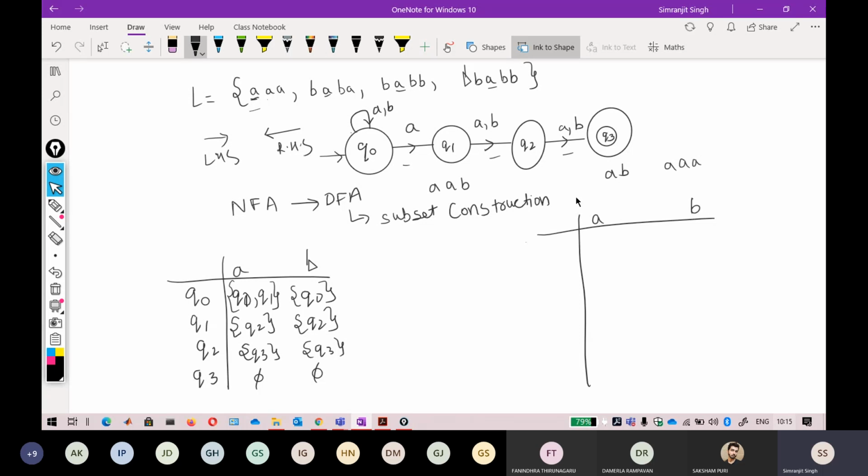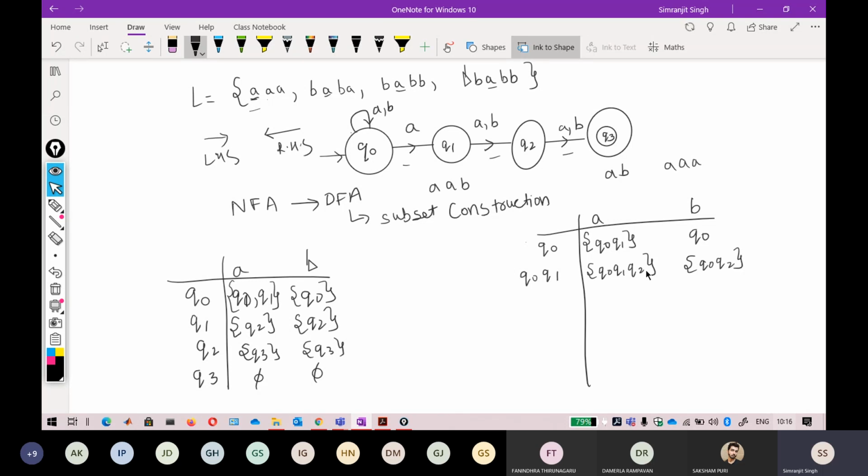A and B. From Q node, you just add the state here. The state added will be Q node Q1 without any commas. Keep that in mind: Q node Q1 without any commas, and another state will be Q node. The new state that comes inside this is Q node Q1. So again go back, and it will become Q node Q1 Q2. Just go back to the previous set and do a union of Q node, Q1. Now this will become Q node, Q2.